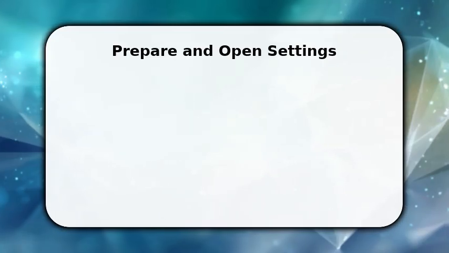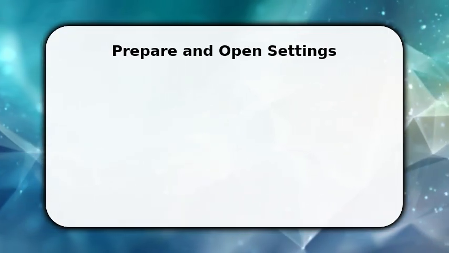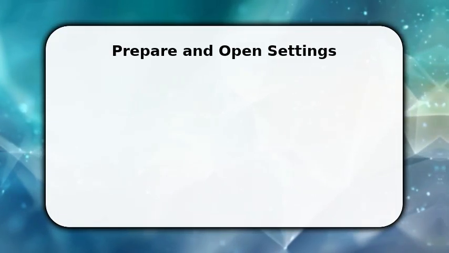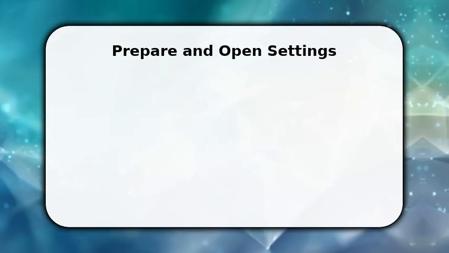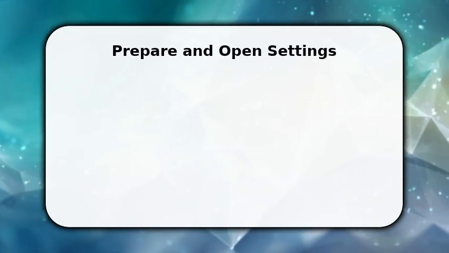You start by preparing the device. Make sure battery is above 20% and that you have a stable connection. This avoids interruptions. Once ready, back up any custom APN entries or write down current values so you can restore